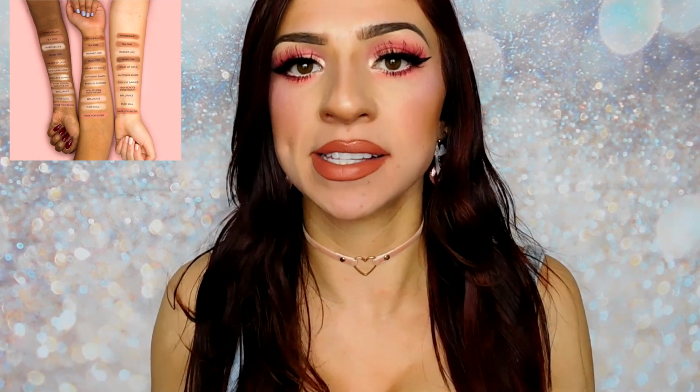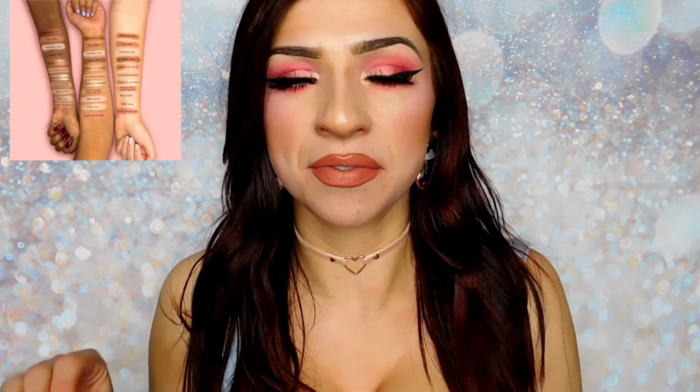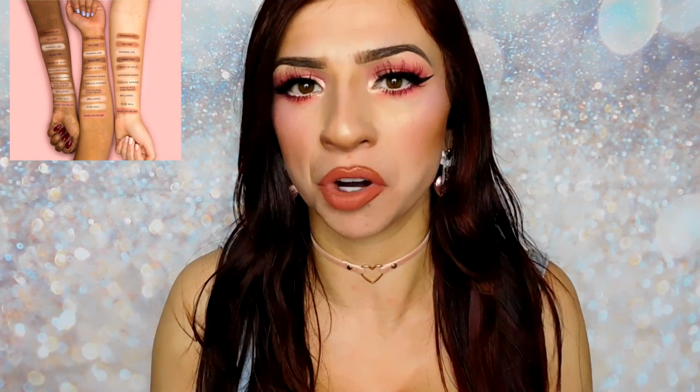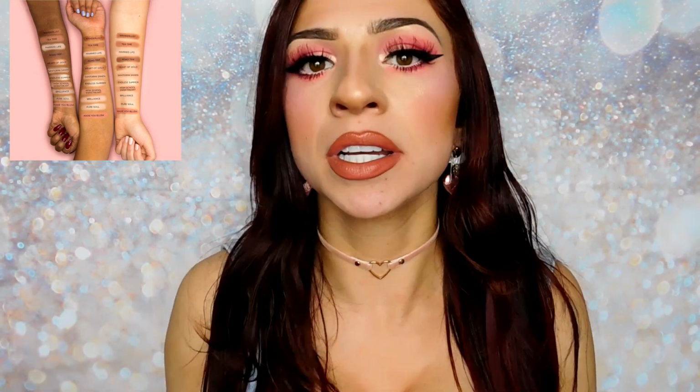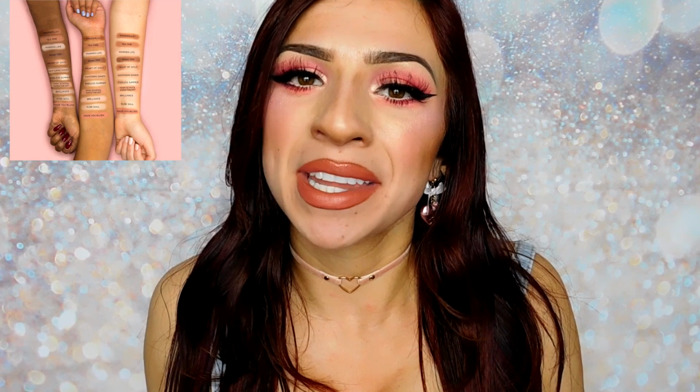There's a couple shades in the palette that look pretty to me. There's a rose gold shade, and then some of the face shades, which I would assume are the more pinkier shades in the palette, look very pretty, but I don't need anything like that right now. I have rose golds, I have pink blushes. I'm not really in the market for that type of product, but I will say that the cake at their